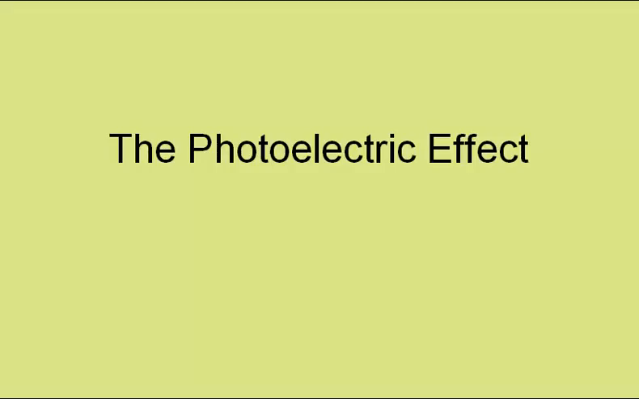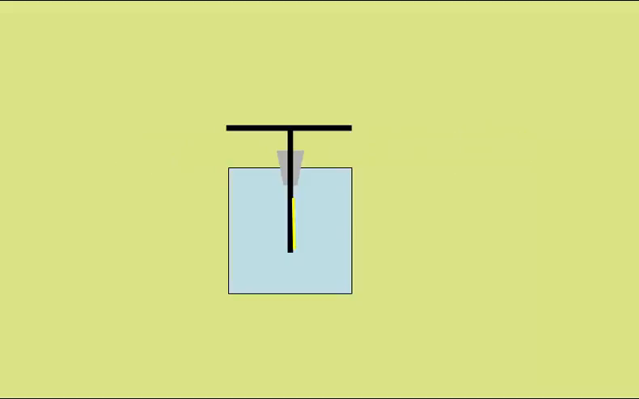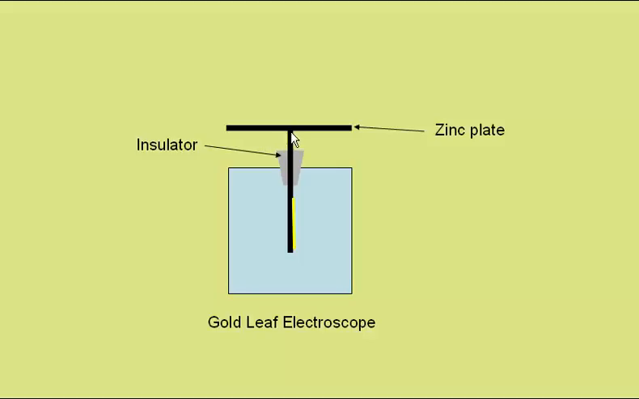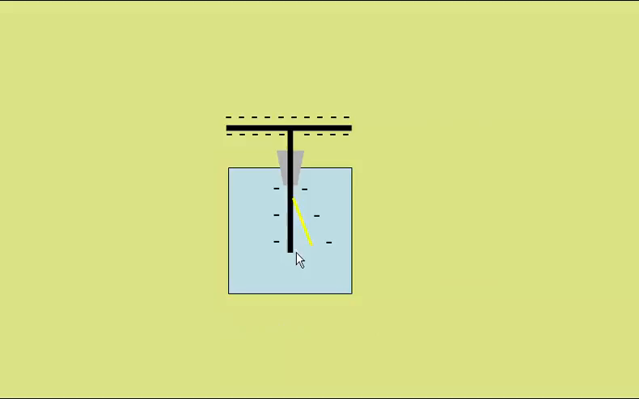The photoelectric effect. This is a diagram of a gold leaf electroscope. It has an insulator which insulates this zinc plate, which is connected to this metal rod down here. Here we have a piece of gold leaf. If the electroscope is charged up by bringing a piece of charged polythene, for instance, in contact with the zinc